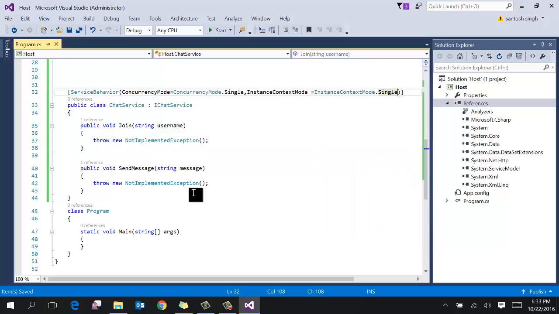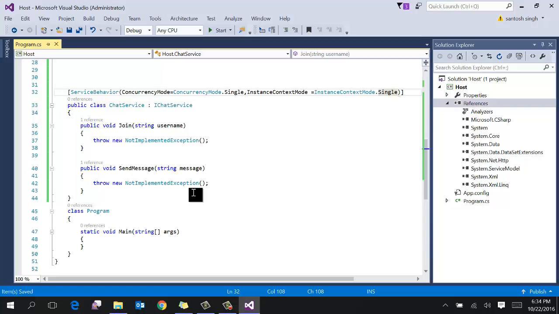The ConcurrencyMode attribute indicates whether or not the service supports threading. We specified Single, which means the WCF framework will make sure that only one thread is ever executing a method on our object.